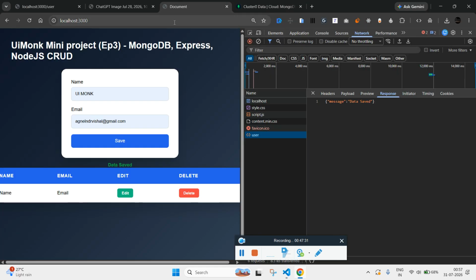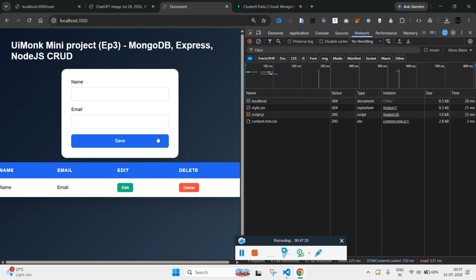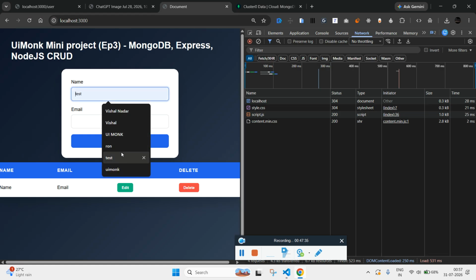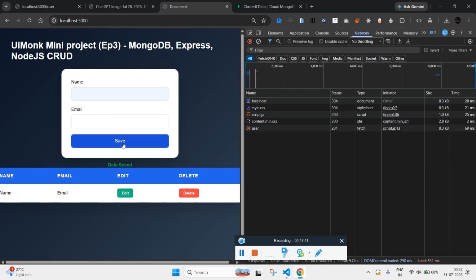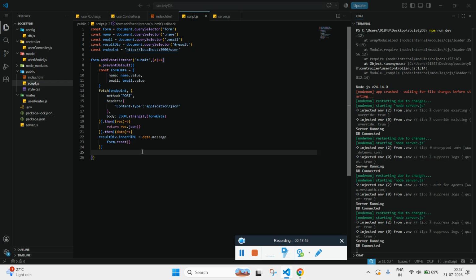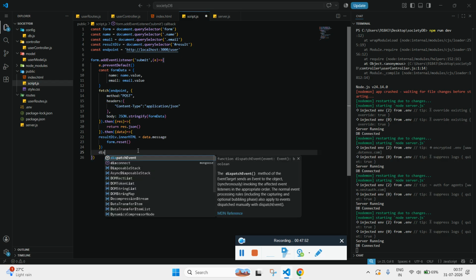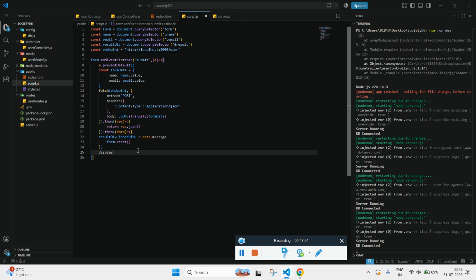Now the next thing is, let's try run or test at gmail.com. Click on save. Yes, it's gone. Now what I need is, we need to fetch the value and display it over here. So for that, let's call a function. We'll be creating display data,